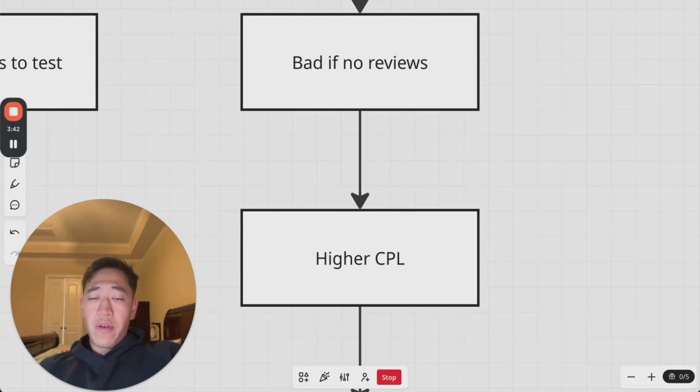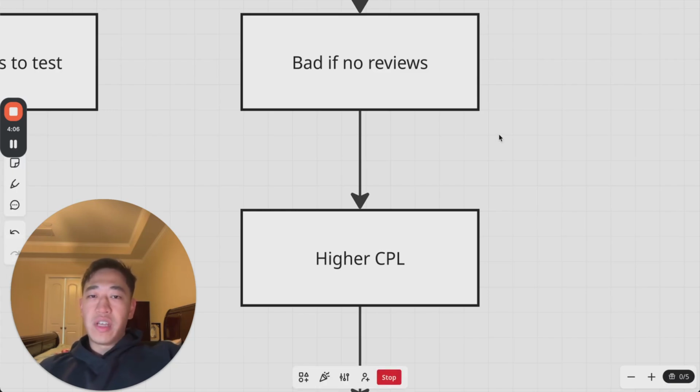And then we have higher cost per lead. For the most part, I don't like to over-index on the cost per lead. At the end of the day, it's only about the customer acquisition cost. But let's say you have a client and they're not getting many leads. They might get 2 or 4 per month from Google ads, but these are very high search intent. Your contractor might think that you guys aren't doing anything.